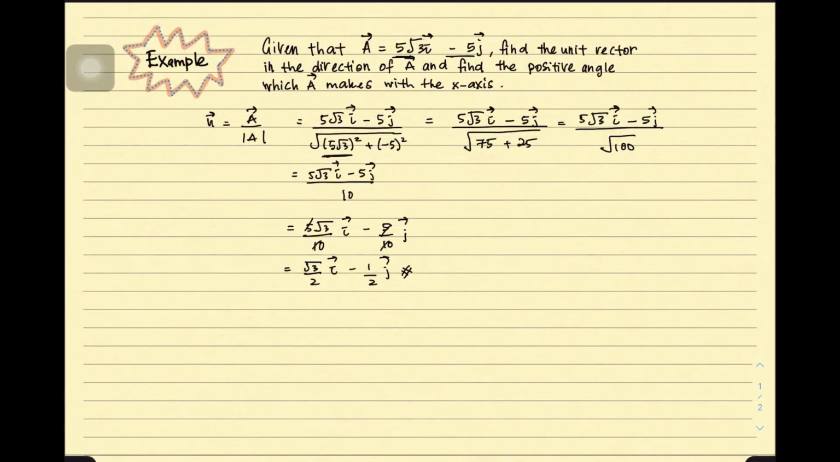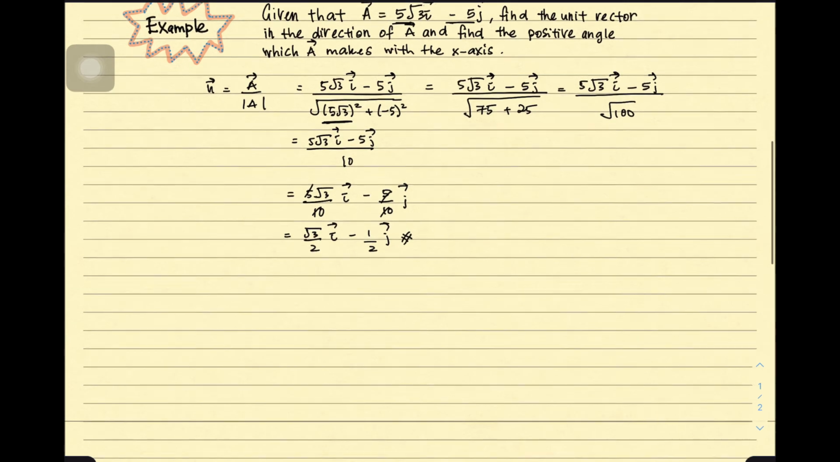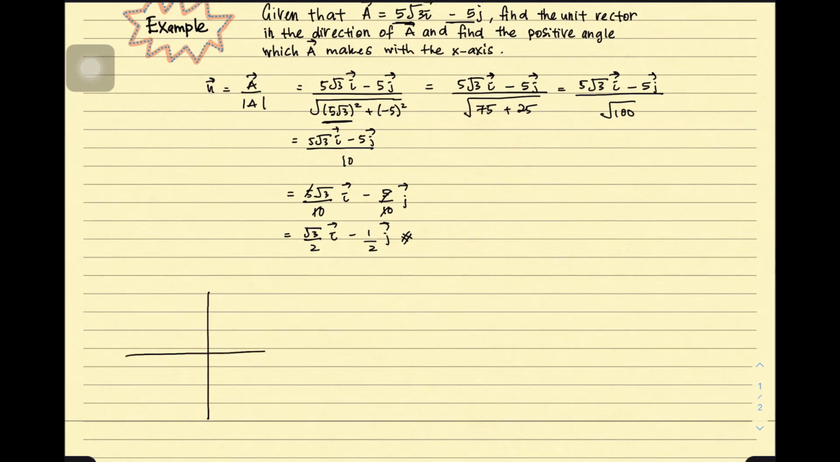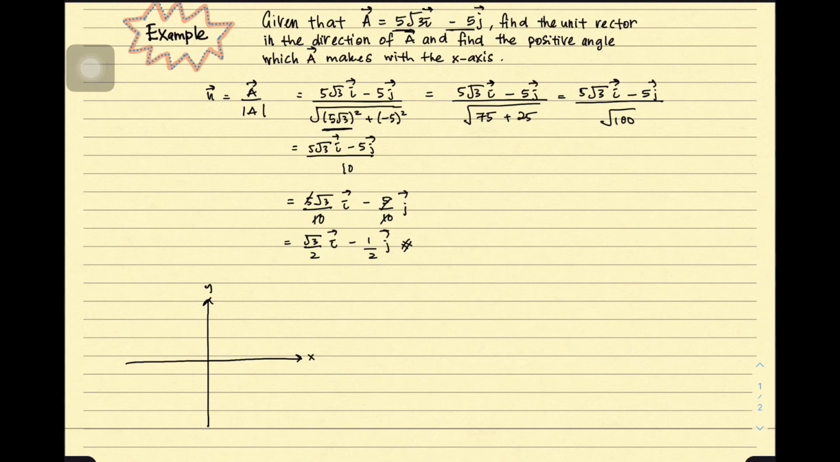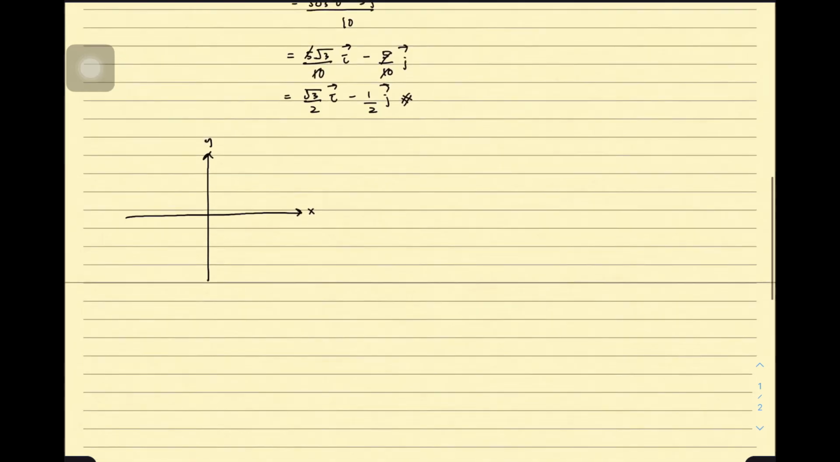Okay, next question asks us to find the positive angle which A makes with the x-axis. So let's draw our axis first. So we have the x-axis and y-axis here. Okay, so where is our position of the vector A? So you see vector A,